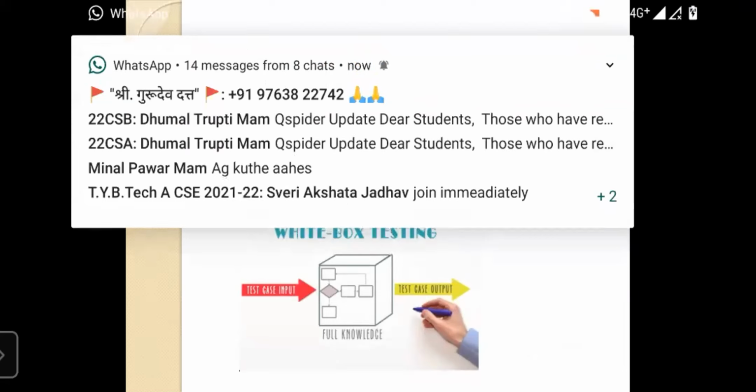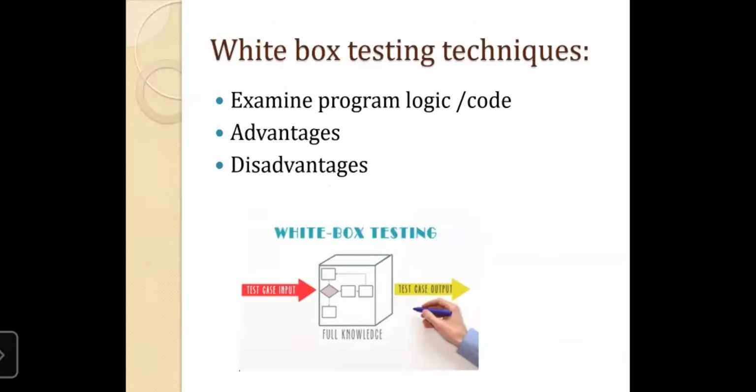But here in case of white box testing, you will see the code properly, and with access to the code you can definitely find at which particular line of code you are getting the error. So you will be concentrating on that part of the program itself.